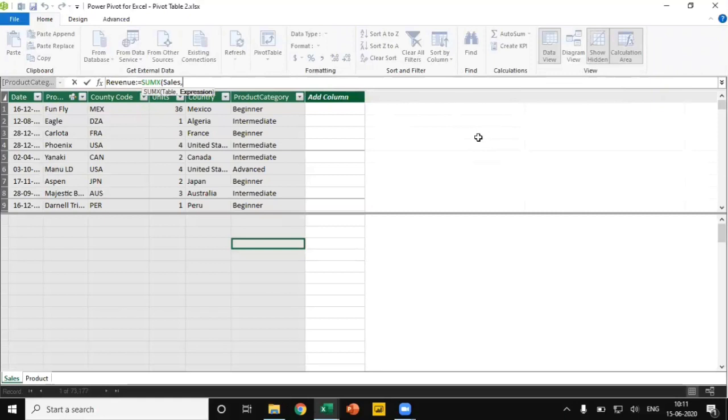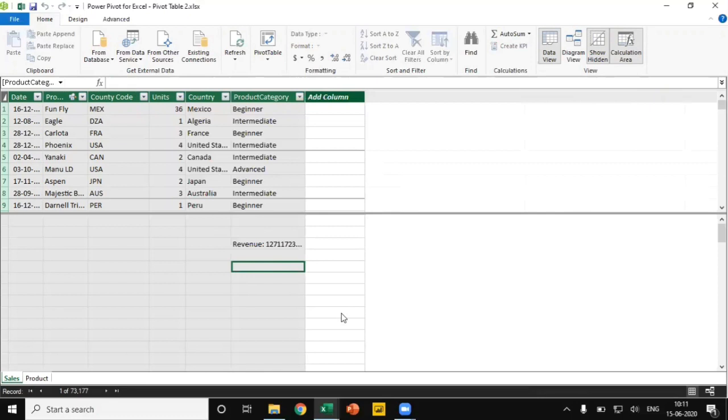Now I'm going to add RELATED retail price multiply units. I'll close the bracket and then enter. Now we got total revenue. In a similar way, I'm going to calculate the total cost.